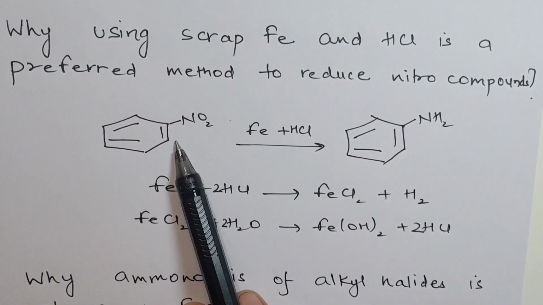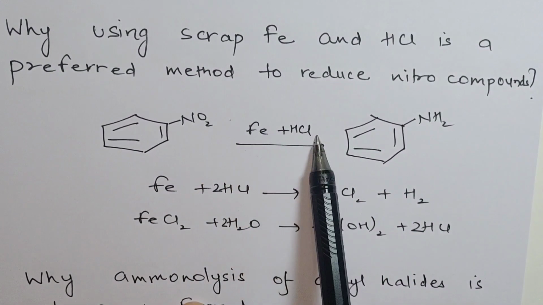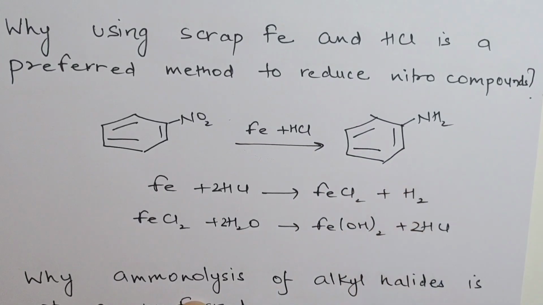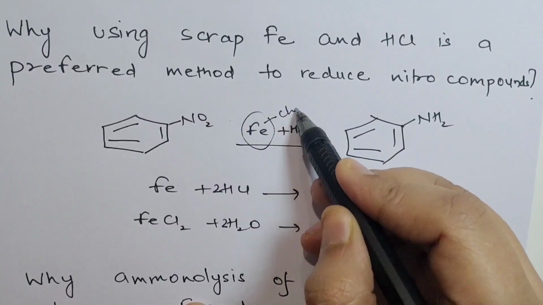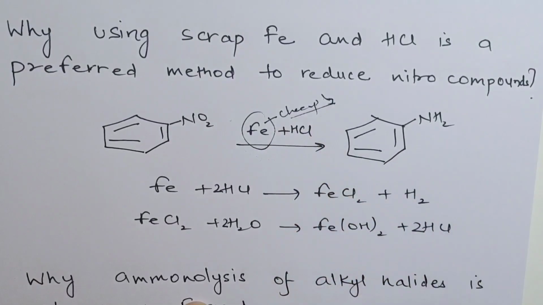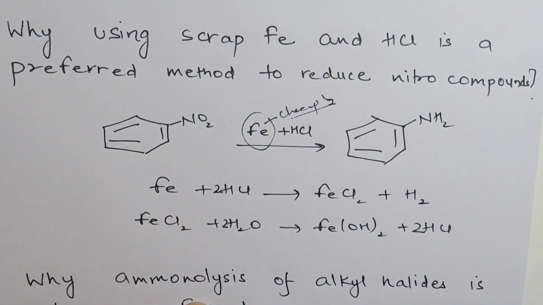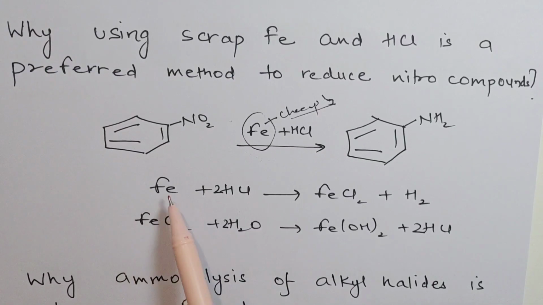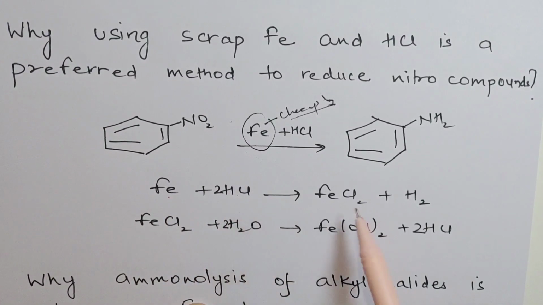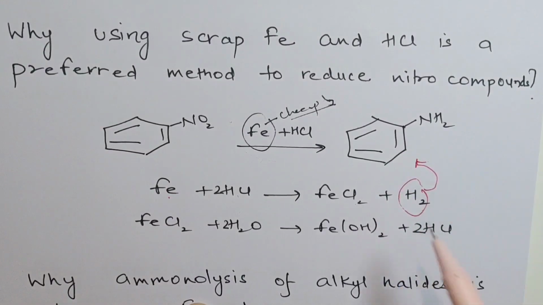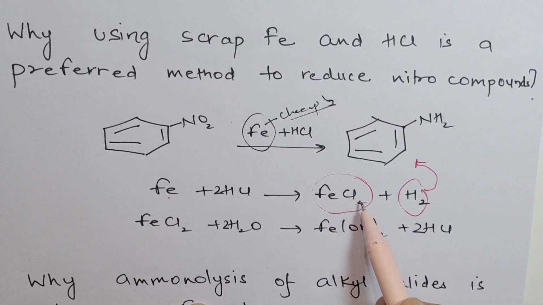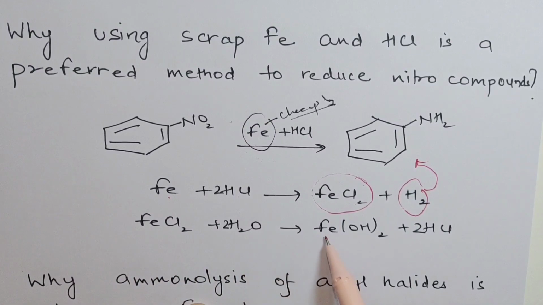So this is your nitrobenzene and we are using iron scrap and HCl to form aniline. First thing is that this iron is iron scrap, so it's cheaply available. Okay, it's cheap, so we can get easy access to that. Then next is that when it reacts with HCl, it forms FeCl2 and H2. This hydrogen is actually carrying out the reduction and the FeCl2 that is formed gets hydrolyzed to form ferrous hydroxide